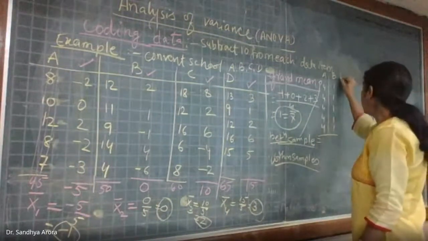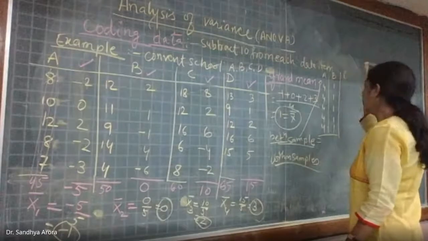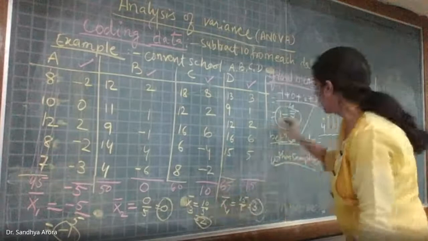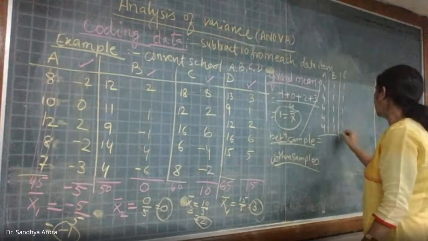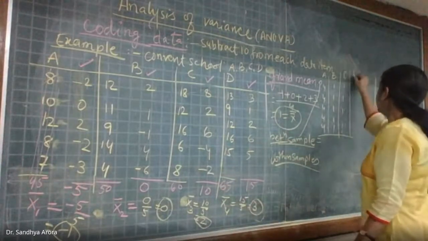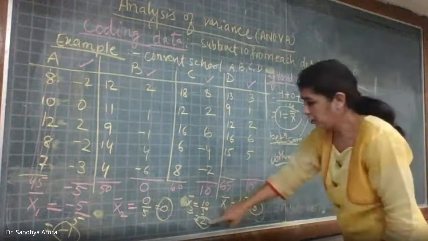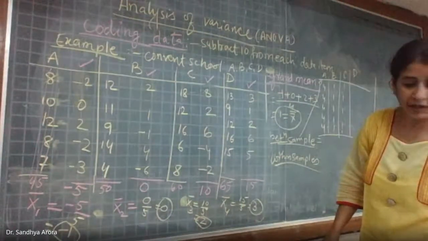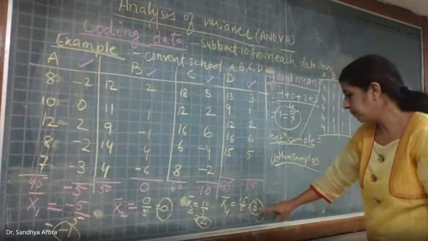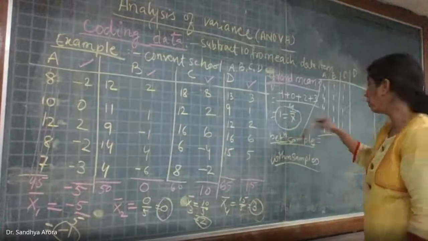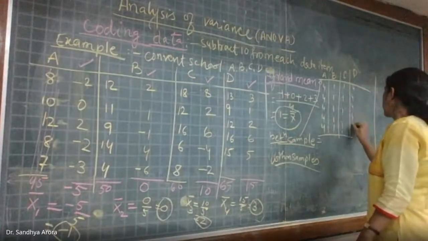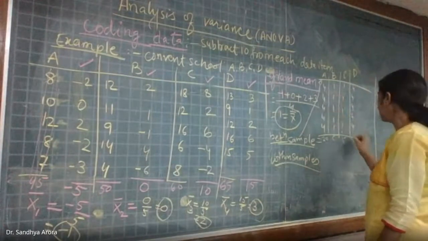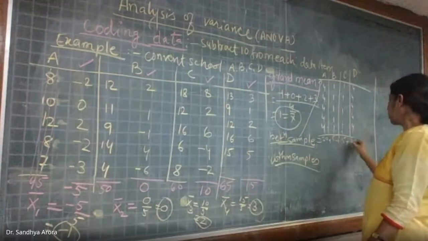Okay? Calculation will become somewhat easy for you. This also: 1 minus 2 minus 1 is 1. So this is 1, 1, 1, 1. For the next sample, 3, sorry, this is 3. 3 minus 1 is 2. 2 squared is 4. So what you got is 25, 5, no. Yes, correct. Then you do the summation of all of these and you will get the total sum of squares.